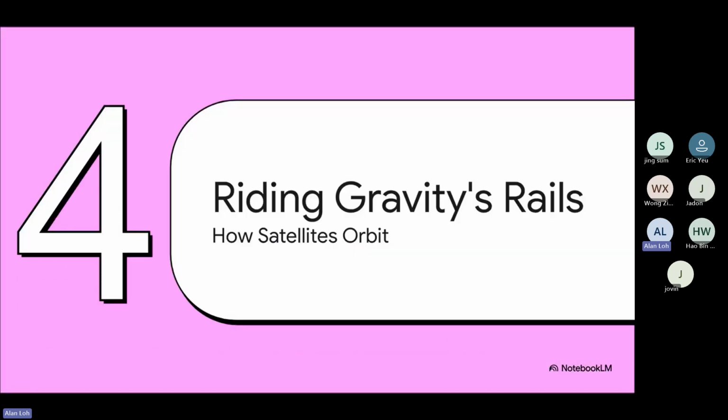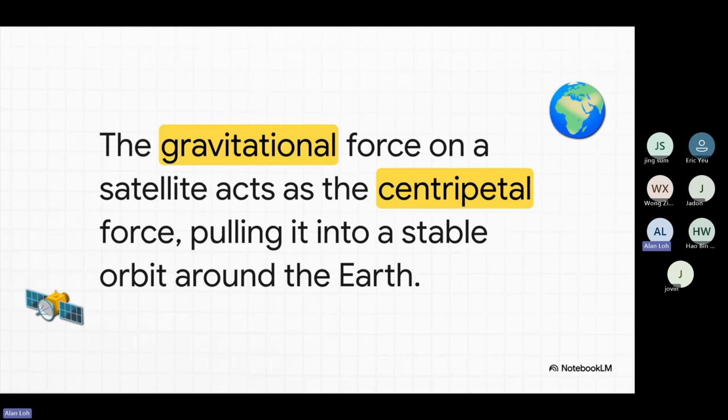Okay, so let's bring it back home and see how we've used all these cosmic rules to our advantage. I'm talking about the thousands of man-made satellites that are circling our planet as we speak. So how does a satellite stay up there without just falling back down? Well, here's a wild thought. It is constantly falling, but it's also moving sideways so incredibly fast that as it falls, the Earth curves away underneath it at the exact same rate. Gravity provides that constant inward tug that keeps bending its path into an orbit, instead of letting it just fly off in a straight line into space.